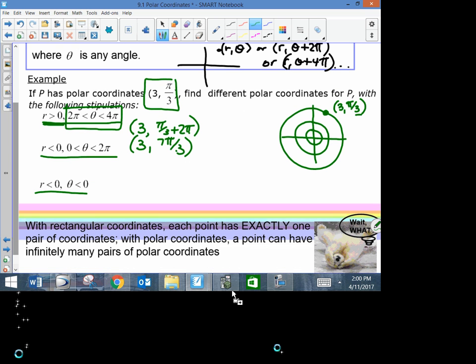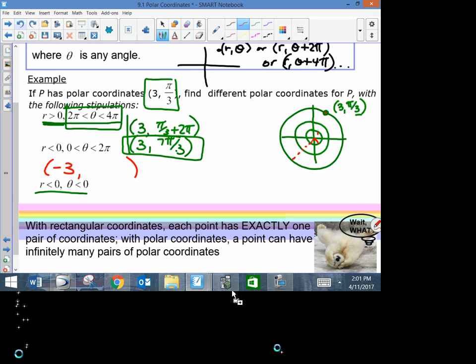Okay. This time we want, again, this is the final one. That's the one we want. That is in the same spot. That's the whole idea. We're not moving spots. We're just saying, call it something different. Okay. r is less than 0. So now r is not going to be called 3. It's going to be called -3. Okay. So if we're going to have to back it up to be -3